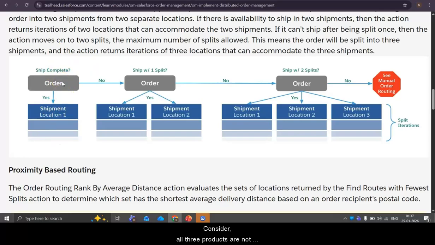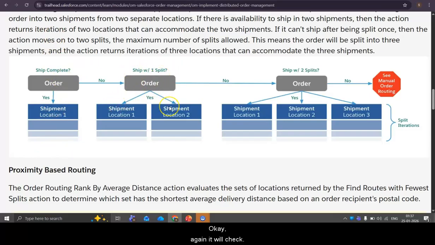Consider all three products are not available in a single location. Phone and speaker are available in one location, but the laptop is not there in that location. So in this case, it will check whether it can fulfill the order by shipping from one location. No. So it will split the order.